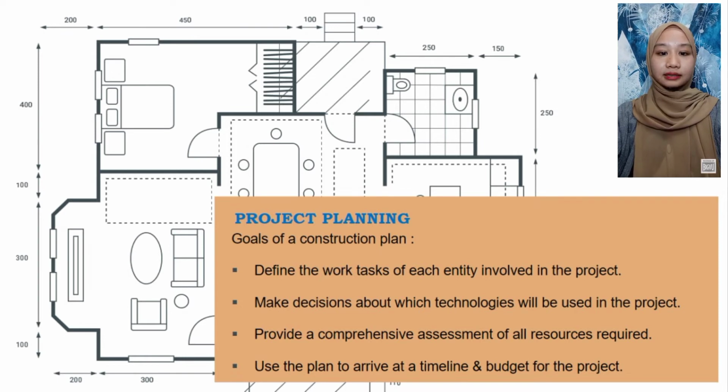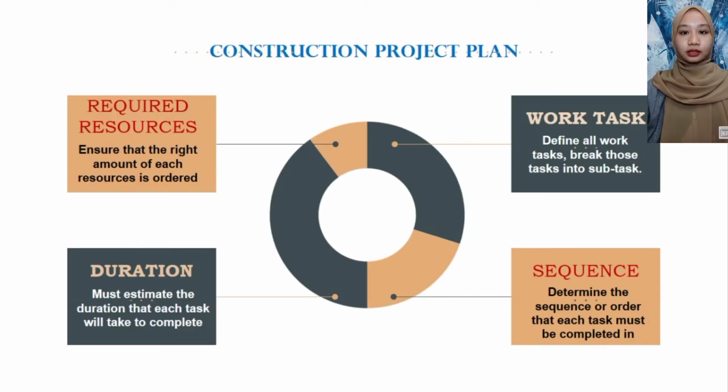Provide a comprehensive assessment of all resources required to complete a project. Use the plan to arrive at a timeline and budget for the project. A construction project plan can be created through, first, work tasks. Define all work tasks, break those tasks into subtasks, continuing as needed to have a granular view of all work required, including the work for all teams on the project, from design and engineering team members to the general contractor